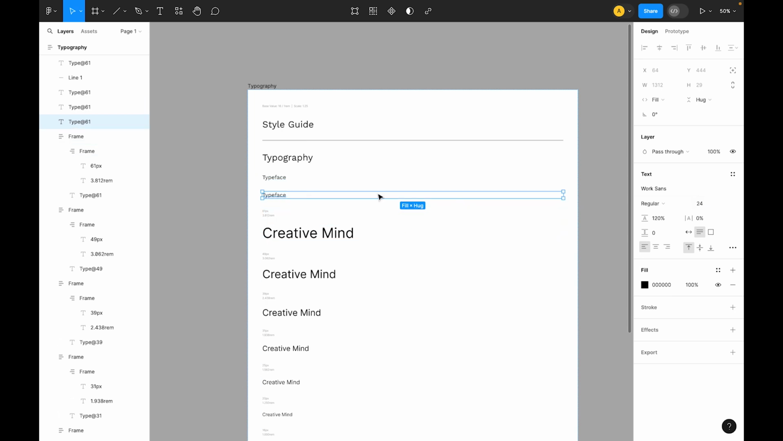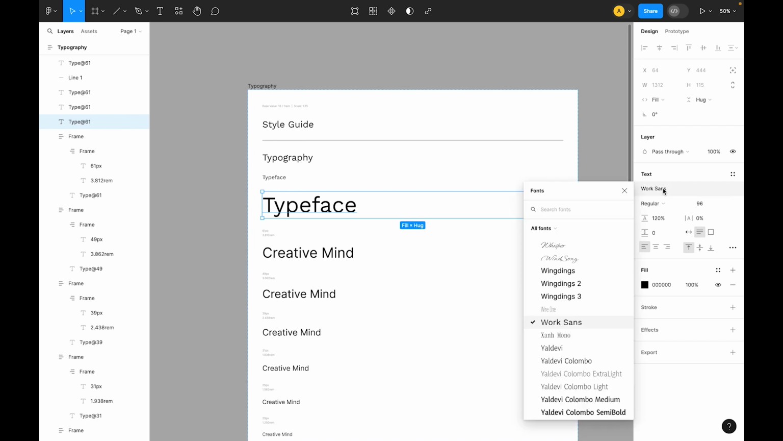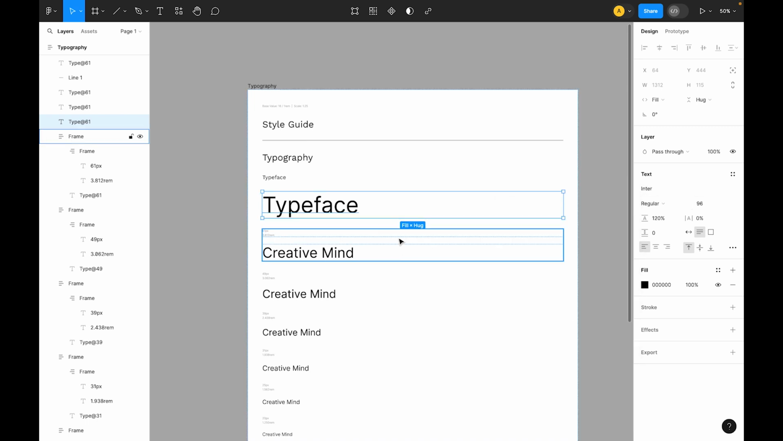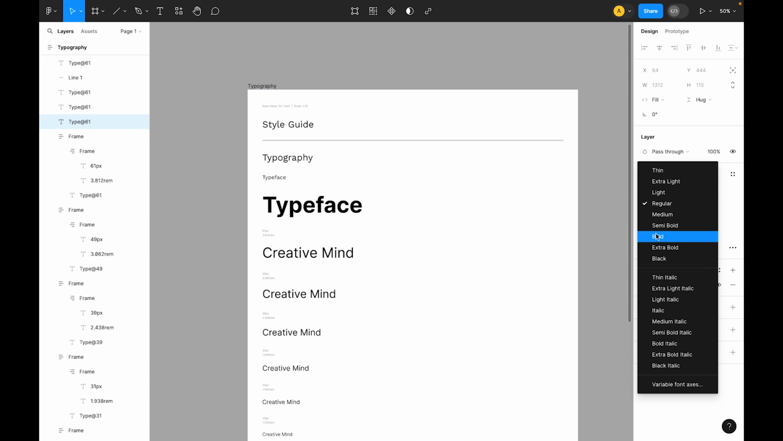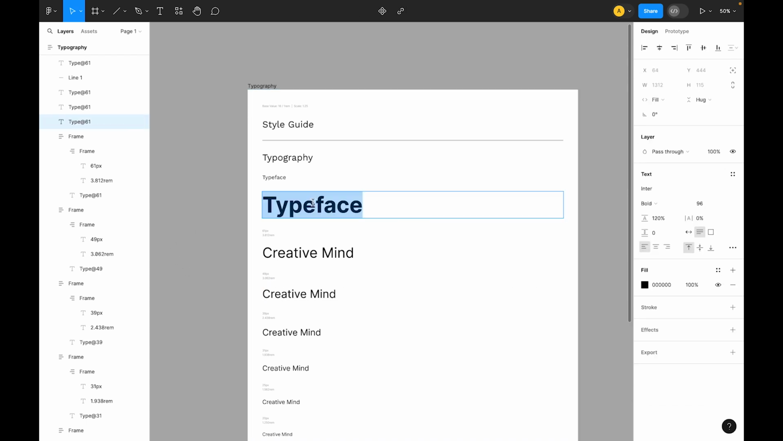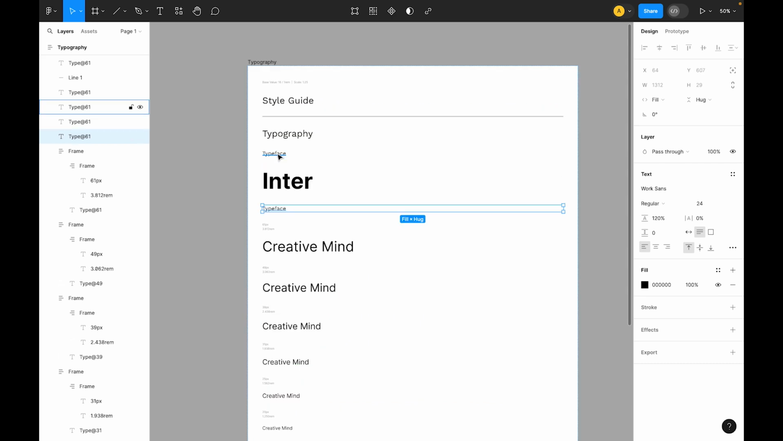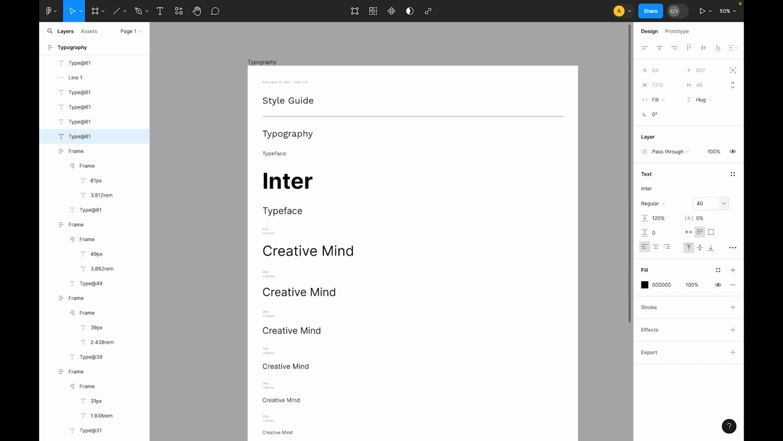Now let's duplicate this, let's make this 96. Use the font Inter because we have used Inter, and let's make this bold. Now let's type the font name, Inter. Okay, so now let's duplicate this. By the way, I'm using Command D and Control D for the duplication and arrow keys for moving up and down. So now let's make it Inter and let's leave it regular, but for the size I think let's use